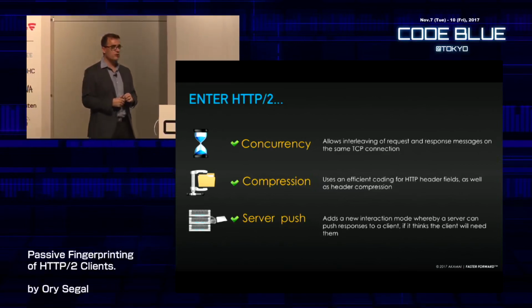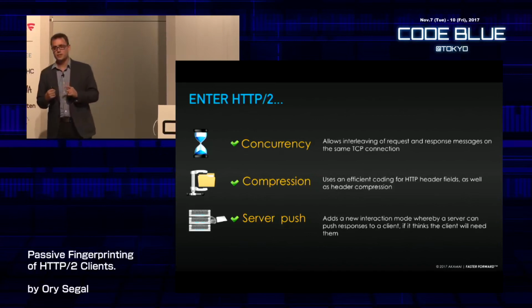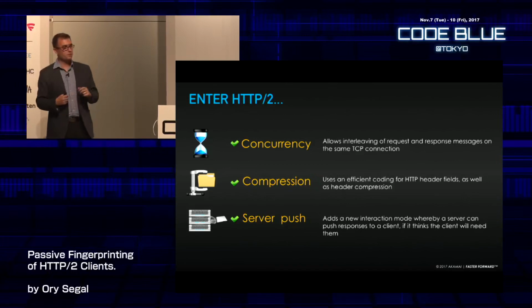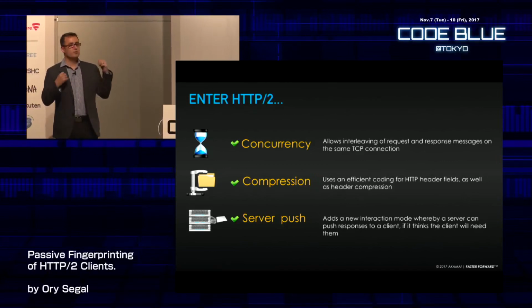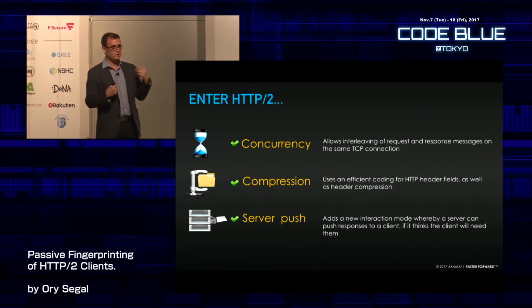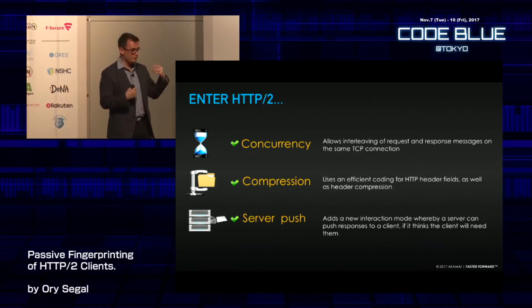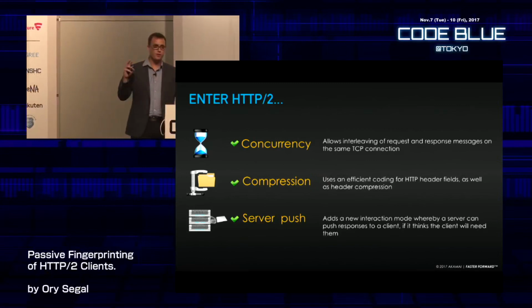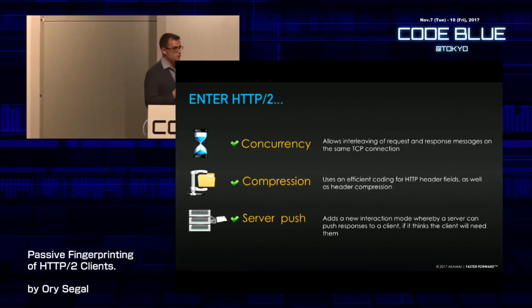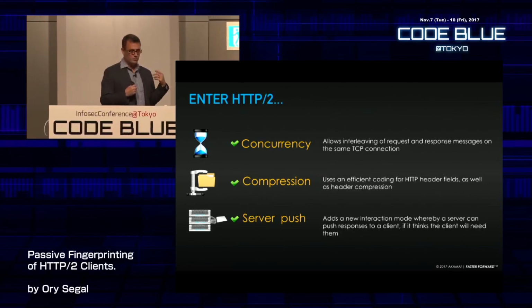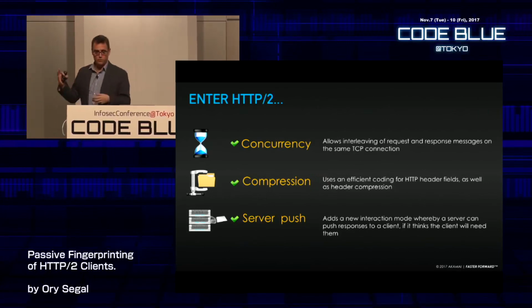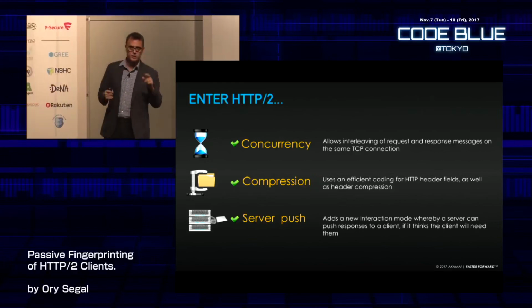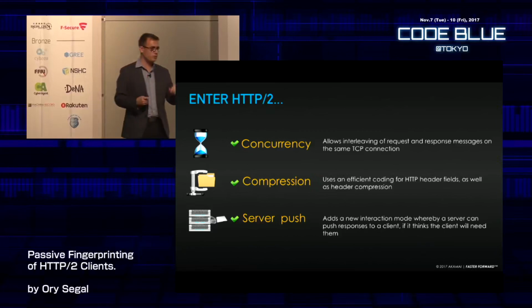So the server is allowed to forecast when a client will need some resources, and will push those resources through a push frame down to the client, where it will wait on the TCP stack or on the browser stacks on the browser side. And when the browser wants to fetch these resources, they will be fetched from the cache. So that is super fast, super efficient. You can see, by the way, a very nice demonstration of this at the Akamai website, http2.akamai.com. I can show you a demo later on.